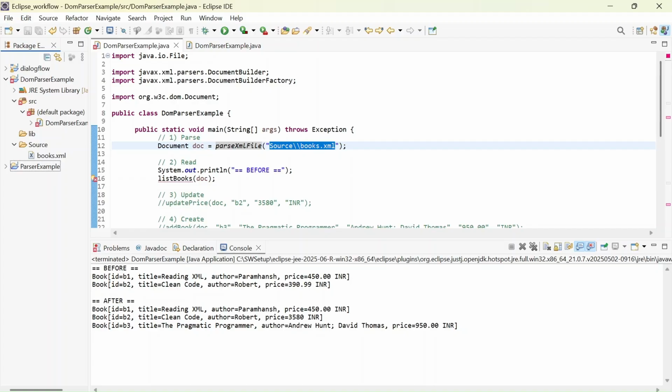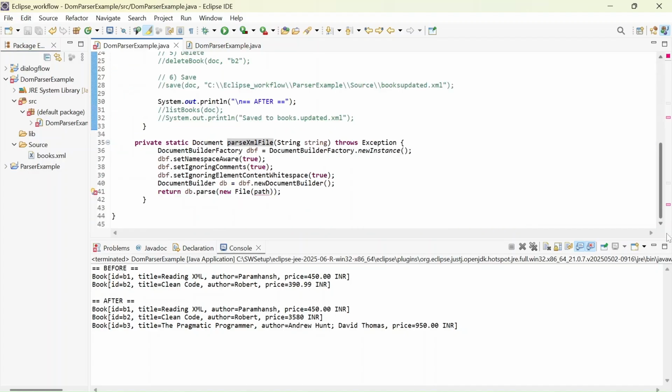After that, as you already know, once the string, you can say this is the path. Once the path is there, you need to load. So for loading an XML file, we require three or four dependencies. Number one is DocumentBuilderFactory. That will create an instance. After the DocumentBuilderFactory, we require